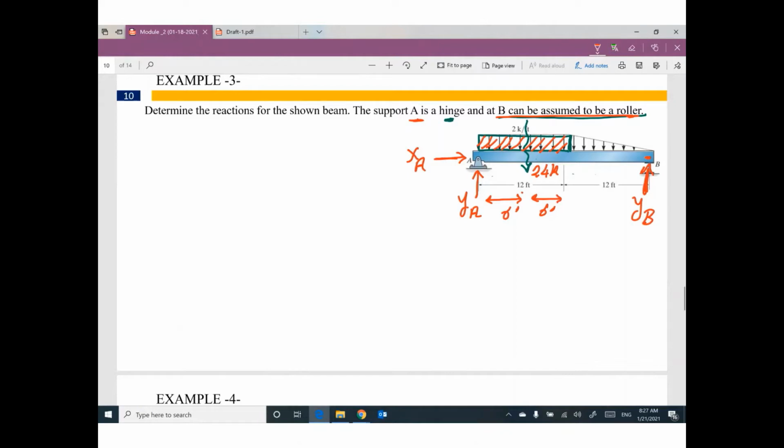What else? We have the right angle triangle, this one. So we have an equivalent. How much? 1/2 times 2 times 12 equals 12 kip. Where is this distance